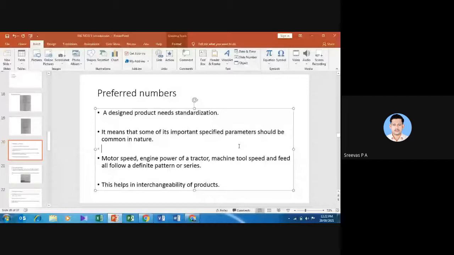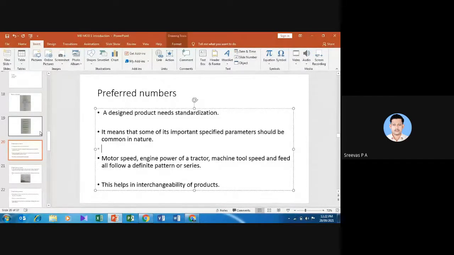Types of machine design, do you remember? We have studied 3 kinds of machine design and what are the skills associated with that designer. Anyone remember it? Sir, new design.